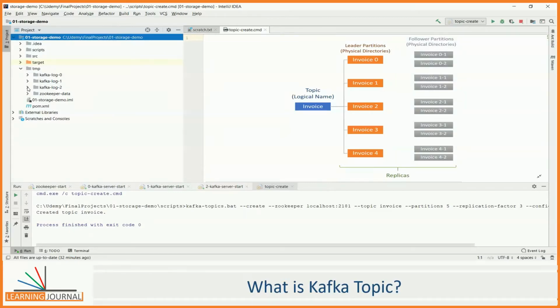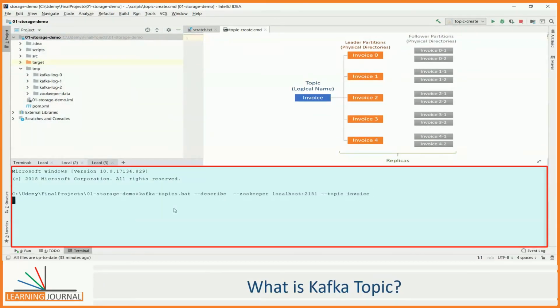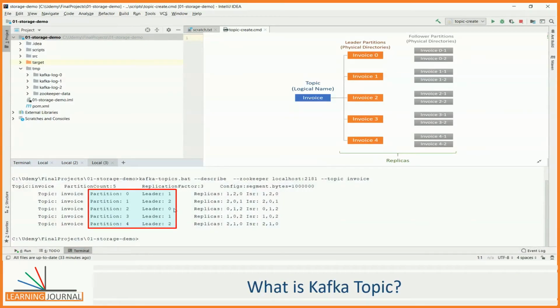If you want to know which one is the leader and which ones are followers, you can use the Kafka topics command once again to describe the topic. The output clearly tells where the leader resides for the given partition.